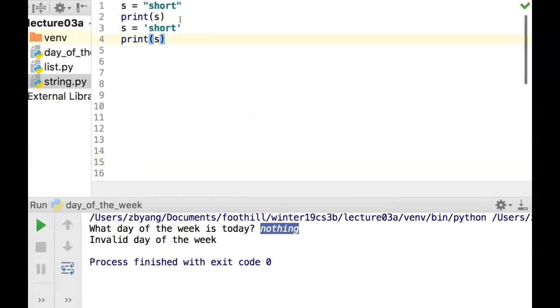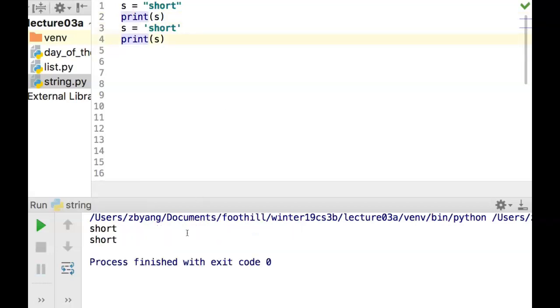So if I come to here, I make a string with double quotes. I print it out, and then I put the same string but in single quotes. To Python, both are exactly the same. It does not matter. Well, then you ask, is there a reason to choose one over the other? Well, I typically use double quotes because I can easily say something like, that's great,